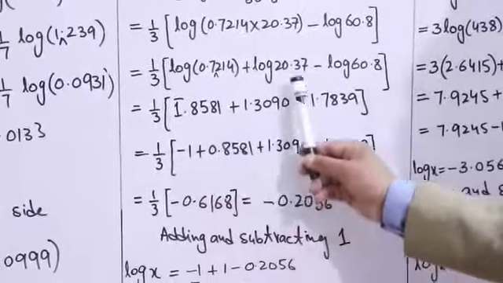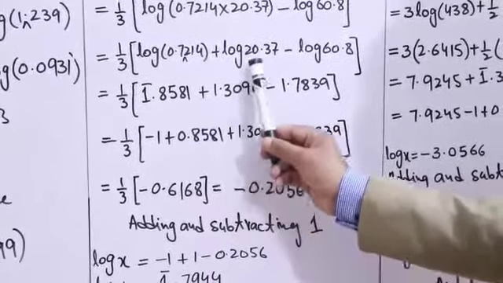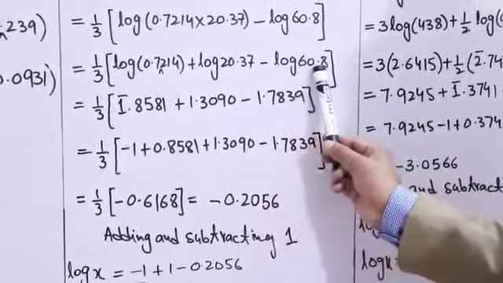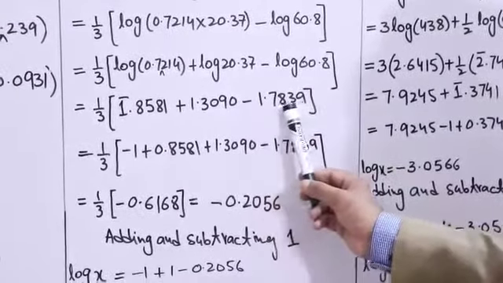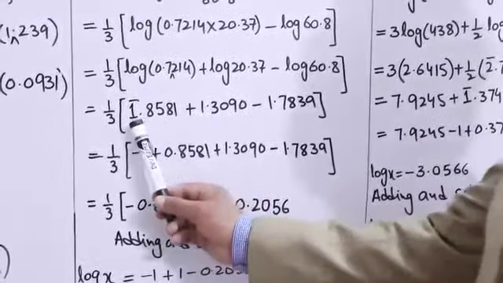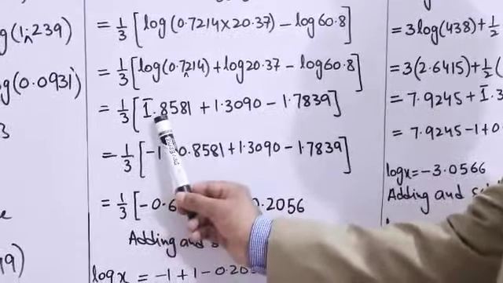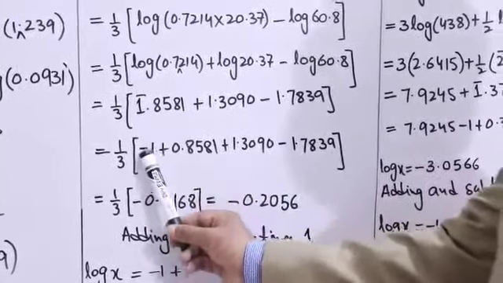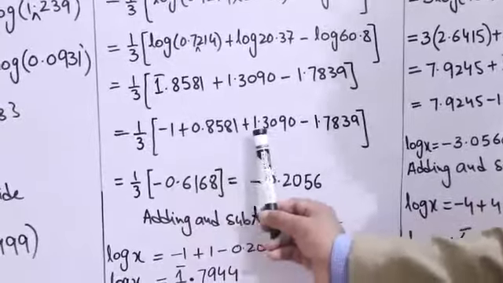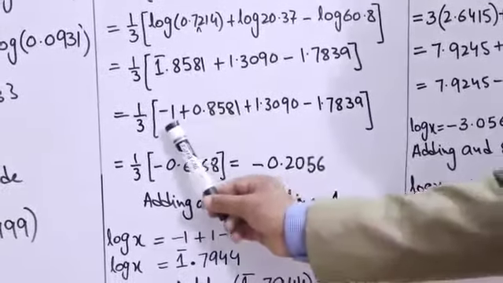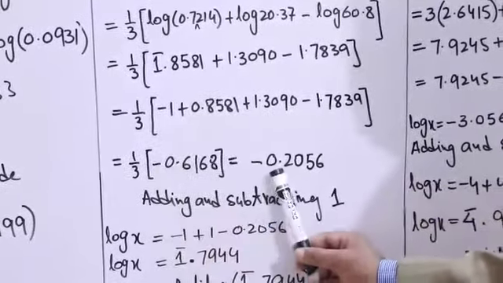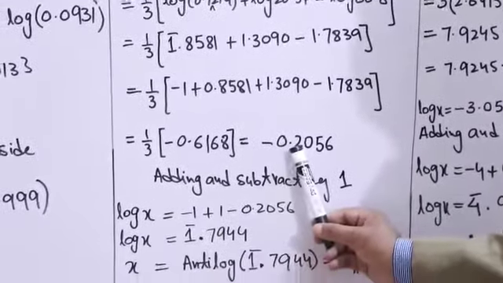mantissa. So now here log of 20.37 is this, and minus log of 60.8 is 1.783. To simplify, we separate the negative, because the mantissa is always positive, so this is negative, this is positive, same as it is, and just after simplification we have this value, and after dividing we have minus